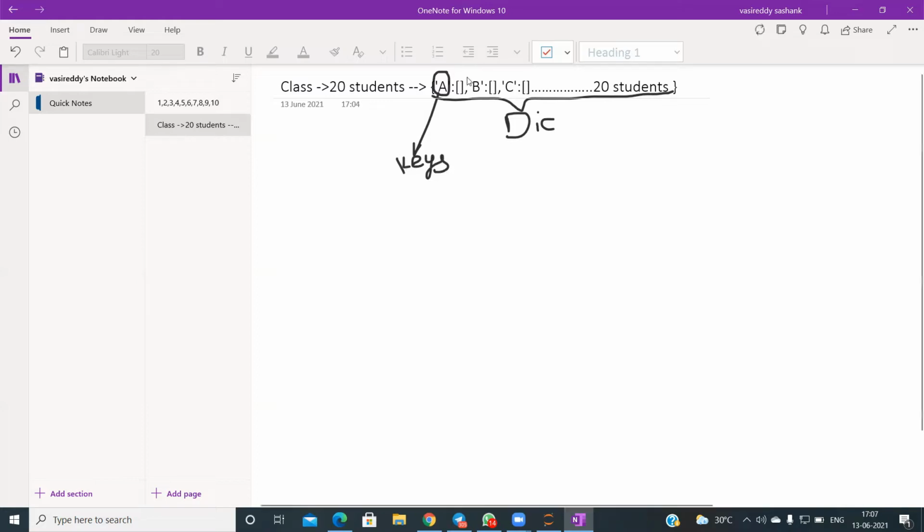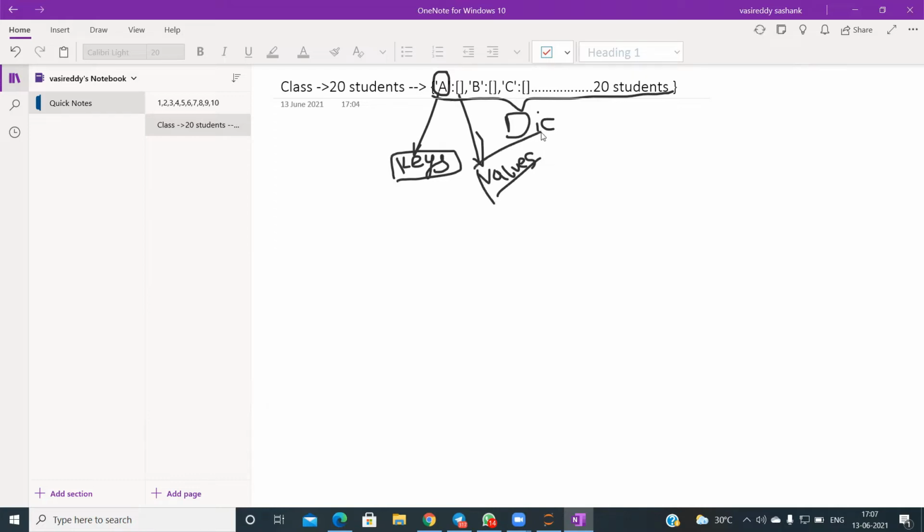These are keys, and what you store after the colon are nothing but values. So this is what a dictionary is in a nutshell.